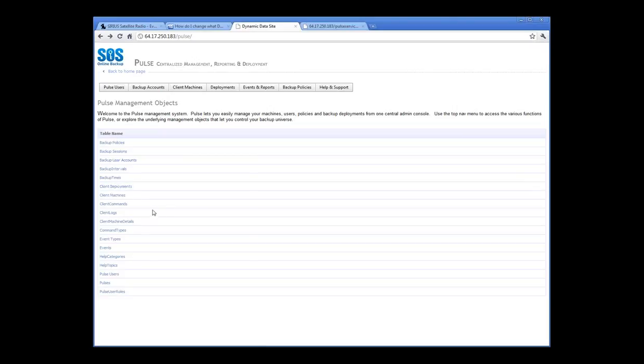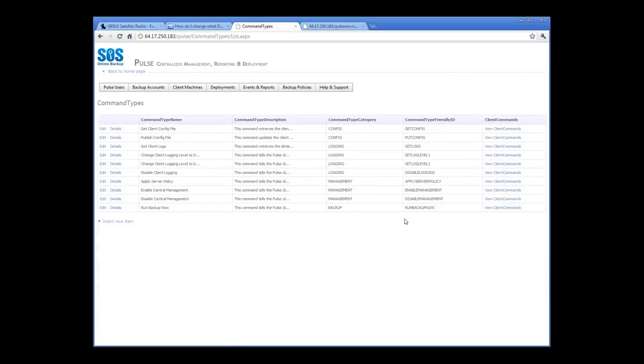Under the hood, from a plumbing standpoint, some of the client commands are interesting, and I'll show that very briefly. Here we go, command types, because this gives you a sense of what you can do with Pulse. So the command types here, get config files, publish them, get client logs, change logging level, apply server policy, enable management, run backup now. So you can even trigger backups remotely, which is pretty exciting. And in version 2 of Pulse, we're going to have